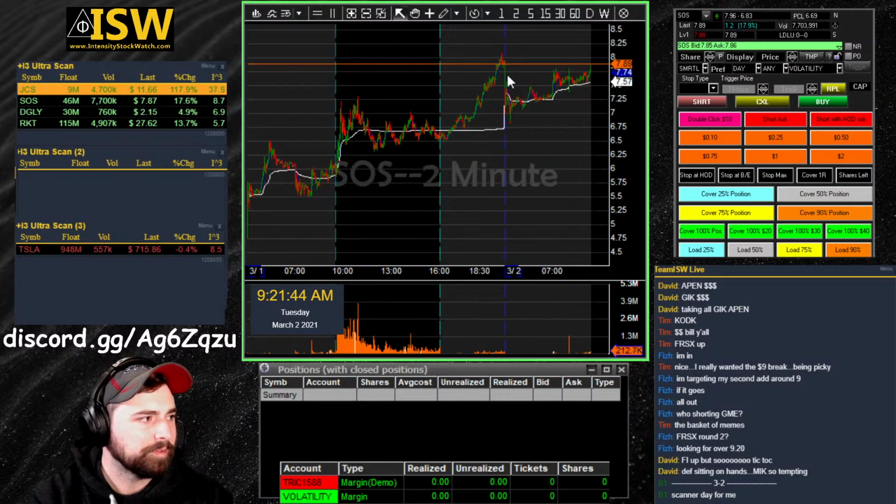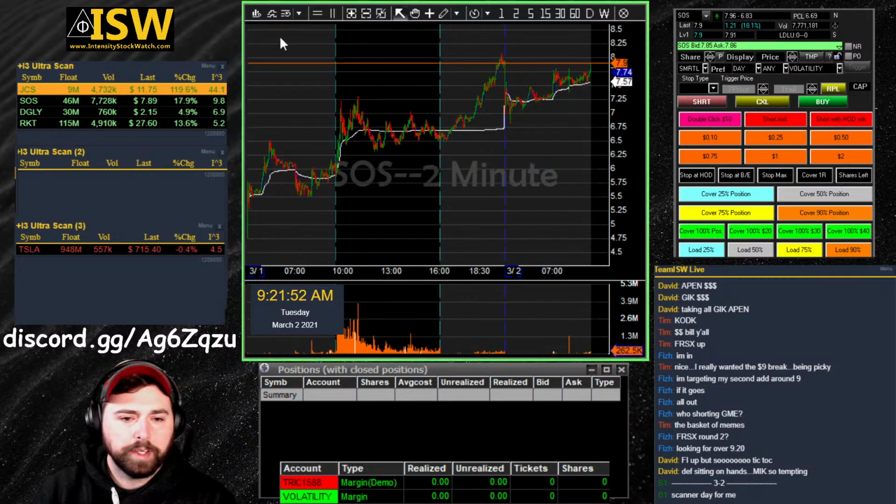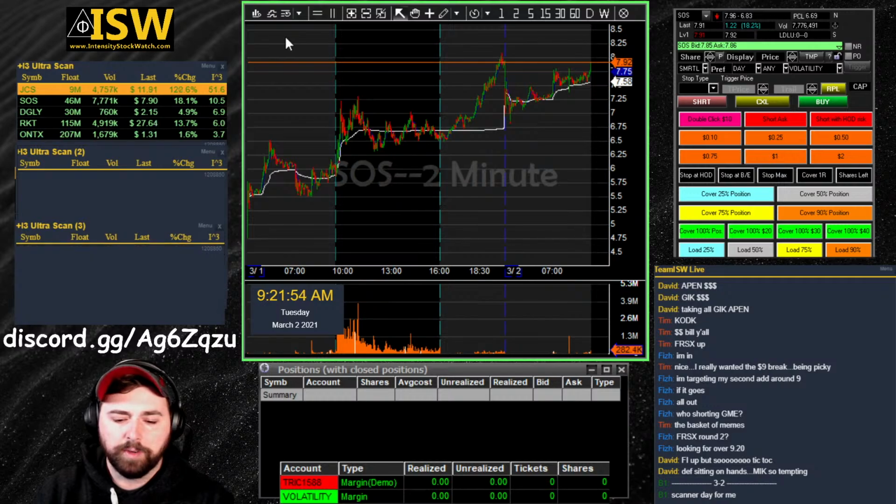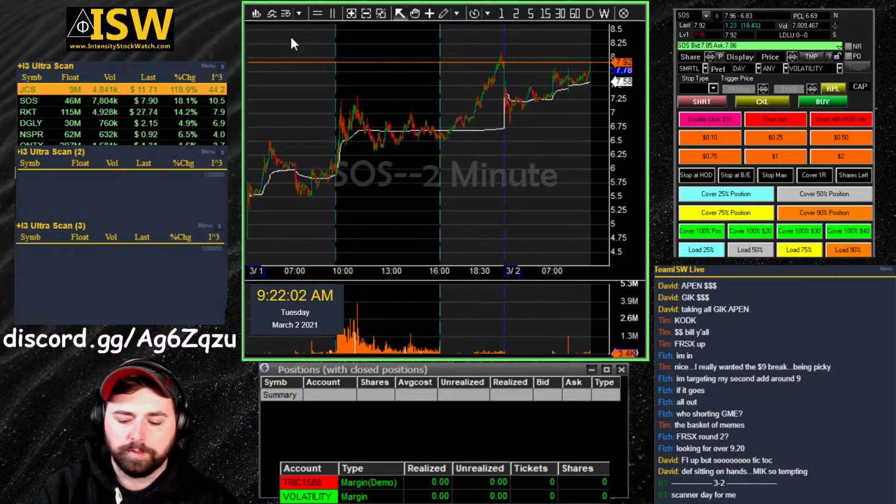Does he show his entries and exits ever, or just the P&L? I've never actually seen him show entries. He's never once actually shown arrows on a chart, but he used to show his trade log, so you could see where the entries were. But does he not do that anymore? I don't know. I haven't watched him in forever. Yeah, I've never seen him have arrows on the chart for sure.